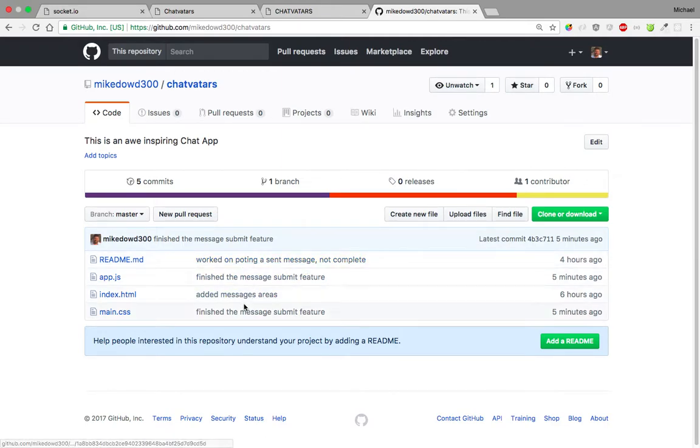So these are my commit messages that I made. This one was 5 minutes ago. This one was 6 hours ago. This one was 5 minutes ago. These are those two changes I just made. So I'm up here, I'm on the cloud now. This is not on my local machine. And if I look at the app.js,